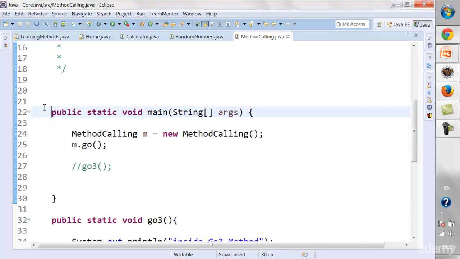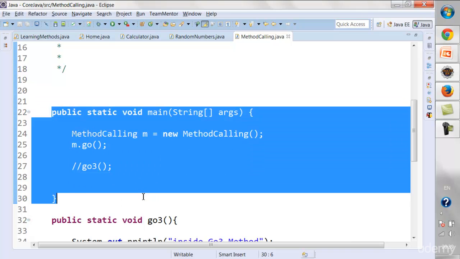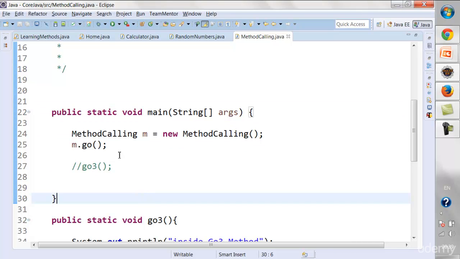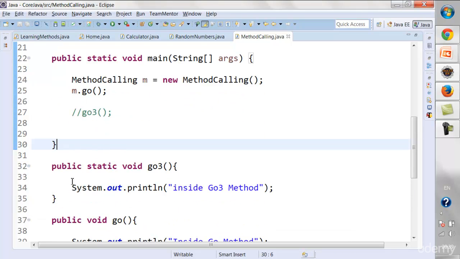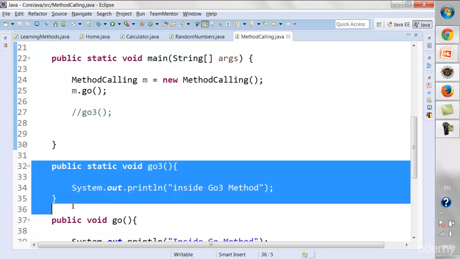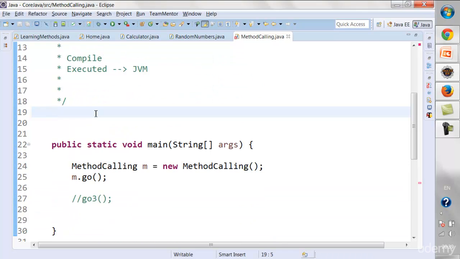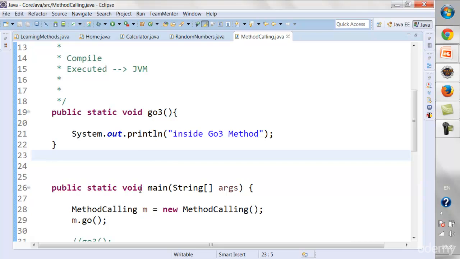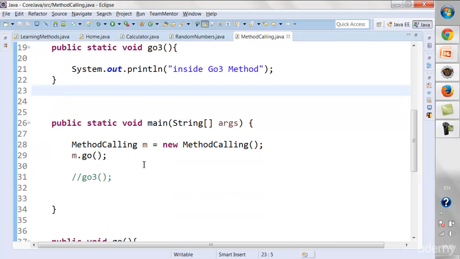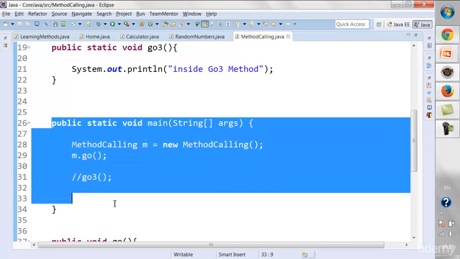So this is the very first method that gets executed. Now you cannot change this method, right? You can change the sequence of these methods. You can write this over here, you can write this over here, anywhere inside this class. You can write the main method anywhere inside the class, but the very first method that will be called is